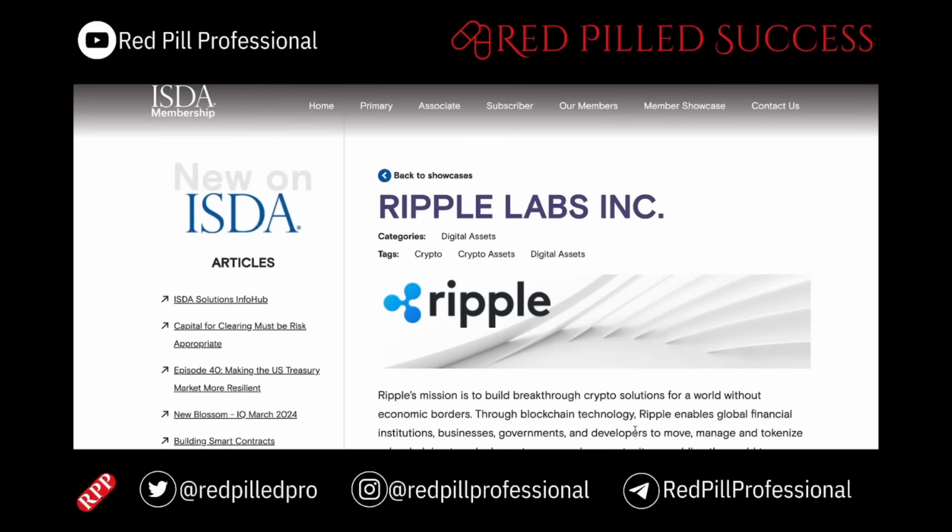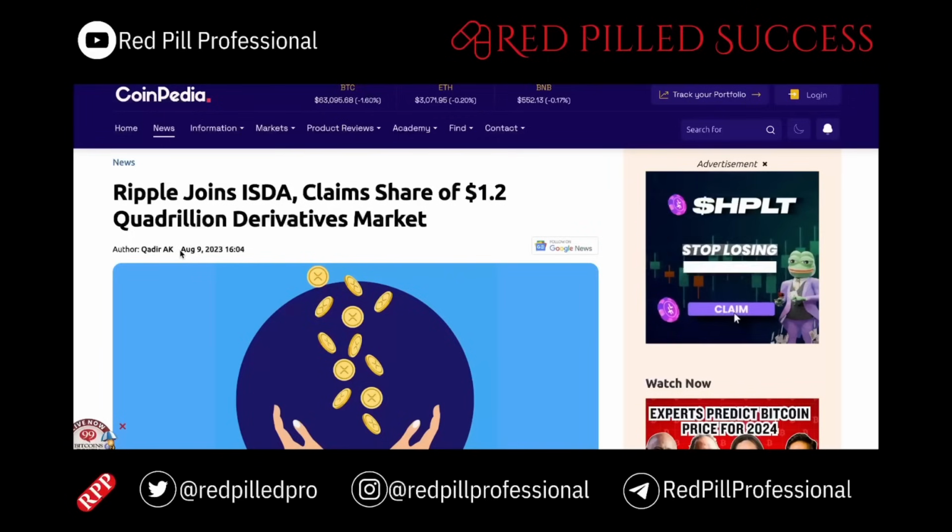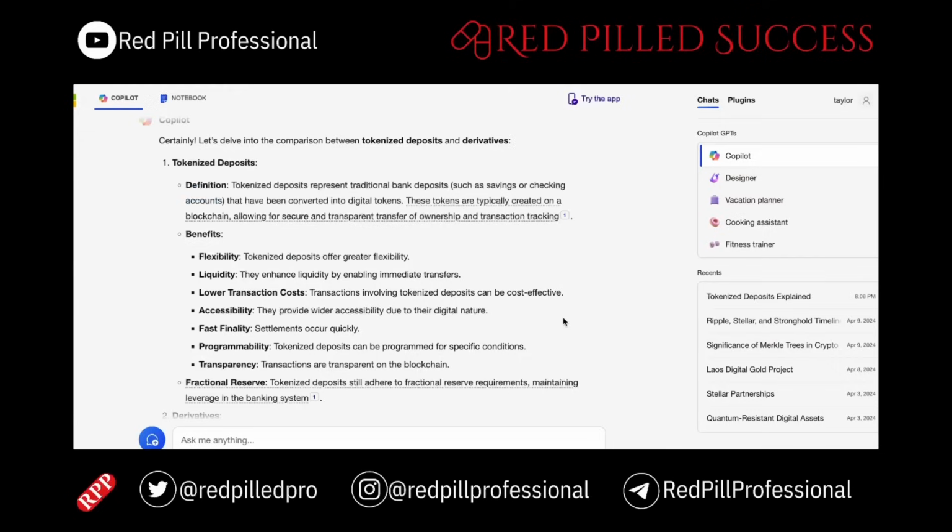But there is one more thing that I want to touch on because it's also an idea that I am working on. Ripple is partnered up with the ISDA, which is the International Swaps and Derivatives Association, which happened in August of 2023. And the derivatives market is about 1.2 quadrillion annually, which is 1,200 trillion. So it's hard to find anything on this out there, but I'm beginning to try to piece together some ideas of how tokenized deposits could be used in a way that could be comparable to derivatives for the use of